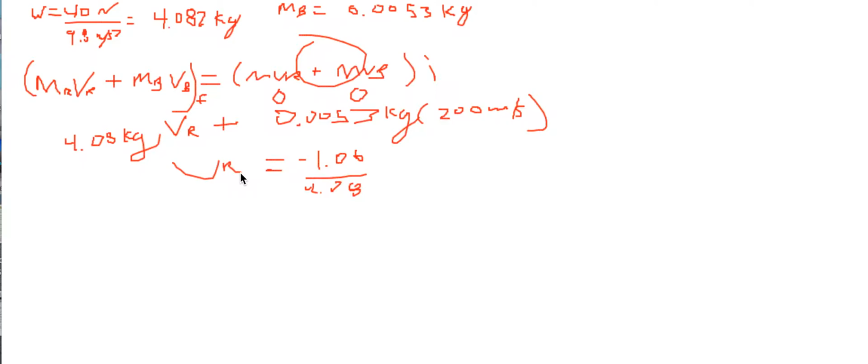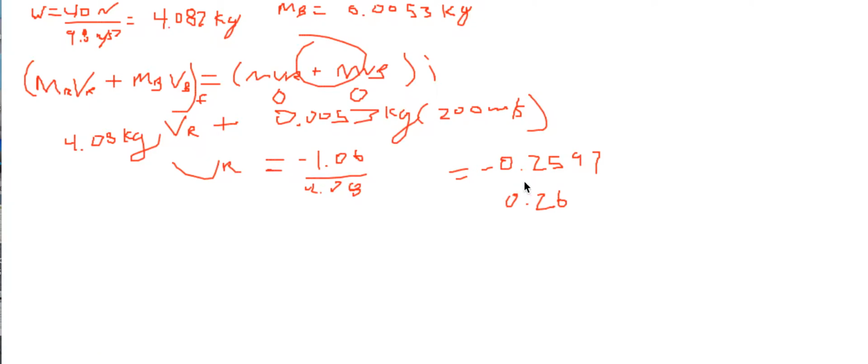So negative 1.06 divided by 4.08 is going to equal negative 0.2597,